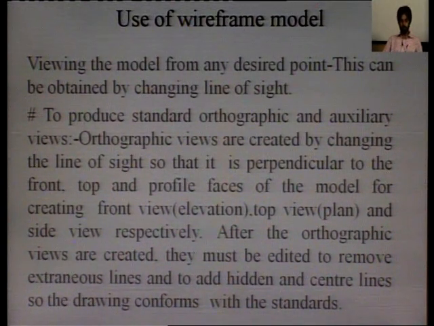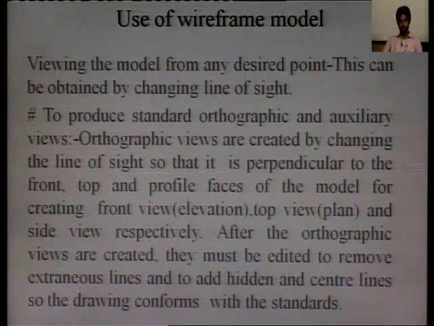Any such view, like the top view of our plan or object, and the side view respectively. So we can view the model or object from the front view elevation, or the top view plan, or the side view. After the orthographic views are created, they must be edited